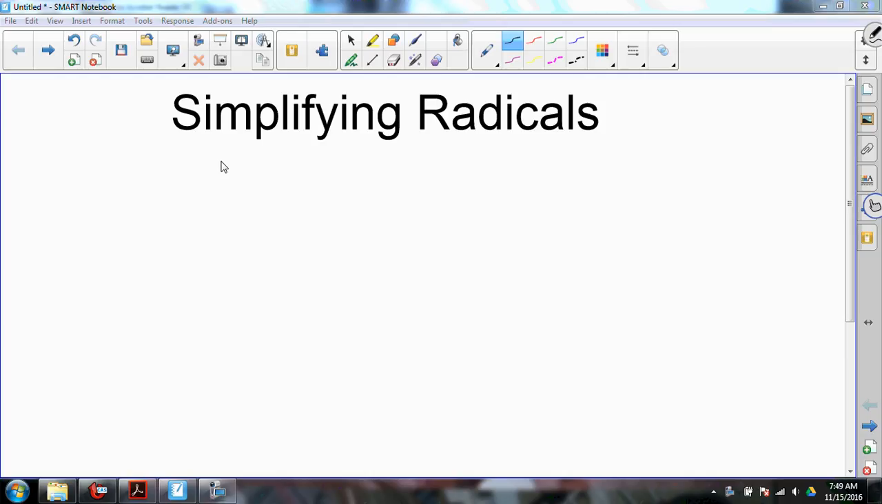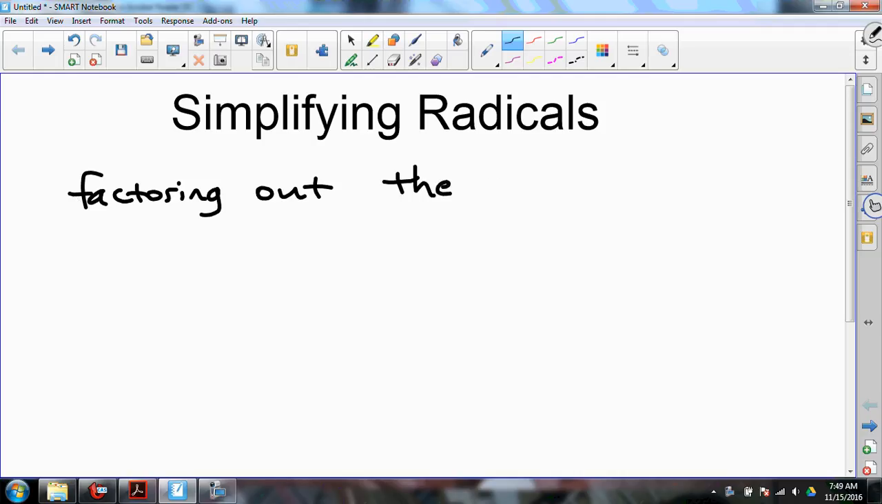Simplifying radicals. A real easy way to think of it is this: factoring out. So you're going to be having to find factors of something. So it's factoring out the square root. So not only are you going to have to know how to find factors of a number, but you're going to have to know what perfect squares are and their square roots. So simplifying radicals should really be renamed factoring out the square root of the perfect square factor,